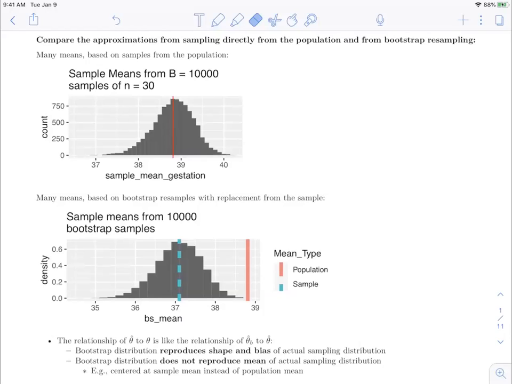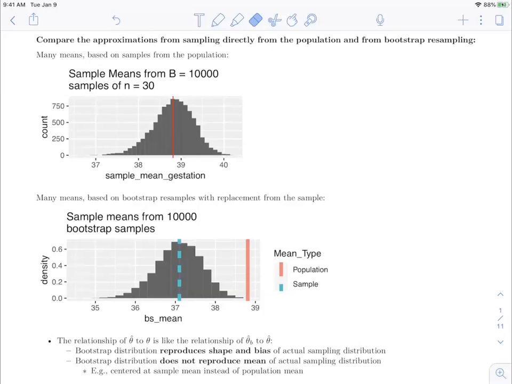And so if we look at this top plot, we're seeing that that sampling distribution is centered around the population mean. It's skewed to the left a little bit, and it has some standard deviation that is maybe around a half or so. I guess we would call that standard deviation a standard error of the mean. So that's our real sampling distribution, the distribution that we would really want to use in order to build a confidence interval, for example. The bootstrap procedure is a way to approximate that sampling distribution, and we obtain this bootstrap